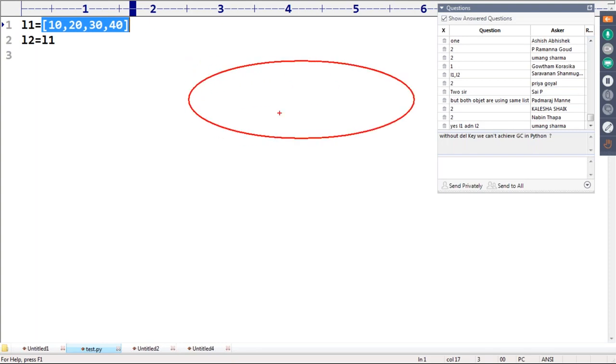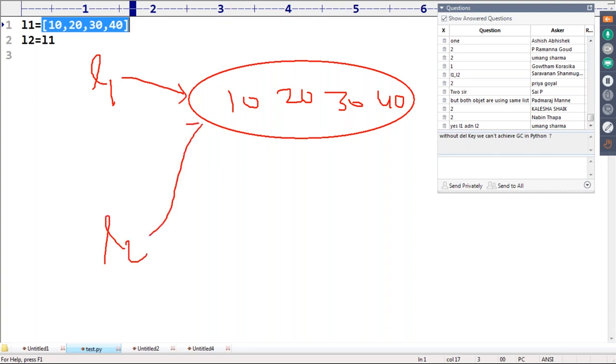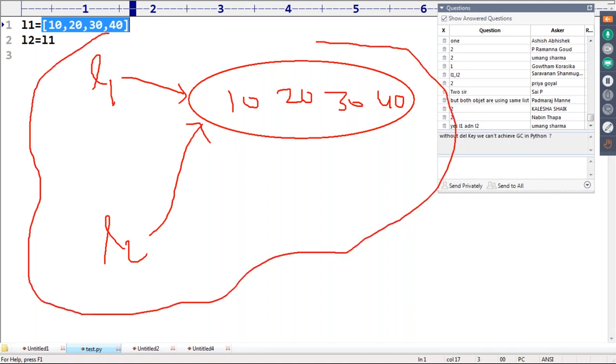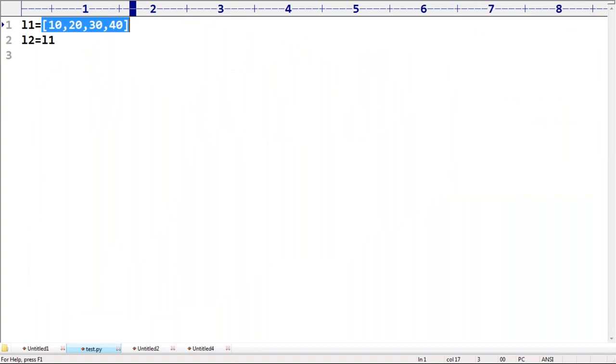There is one object: 10, 20, 30, 40, with L1 and L2 pointing to it. Now how many references are there? Two references, but only one object. Both references point to the same object.